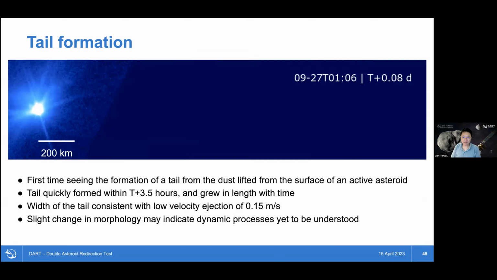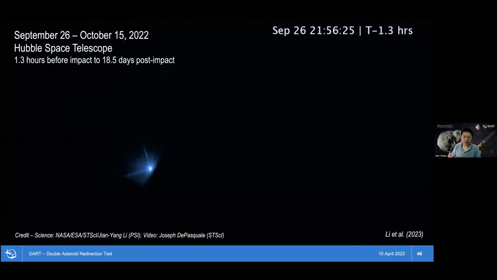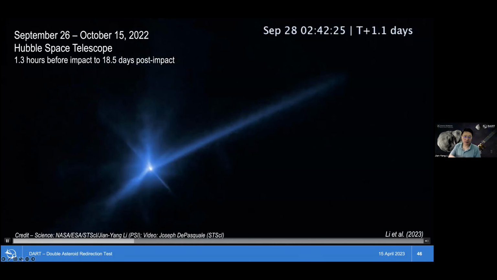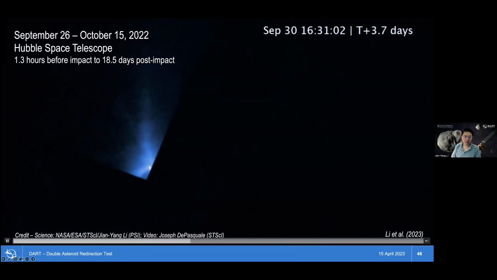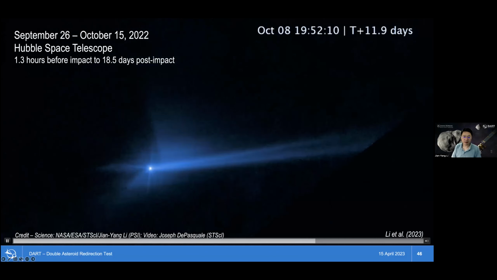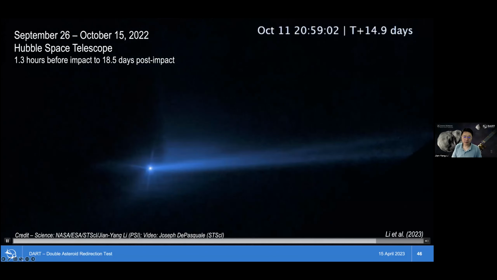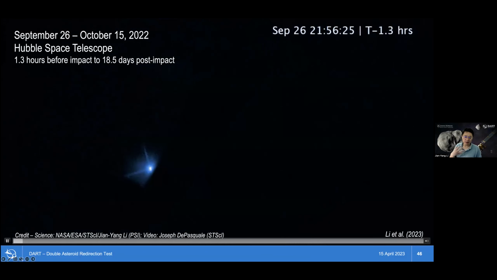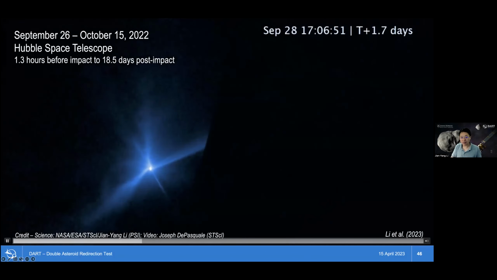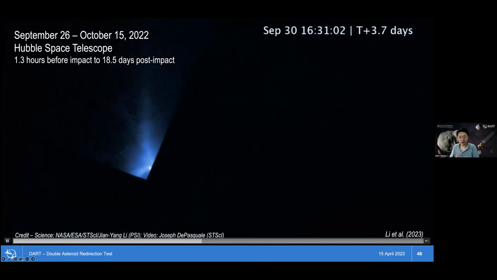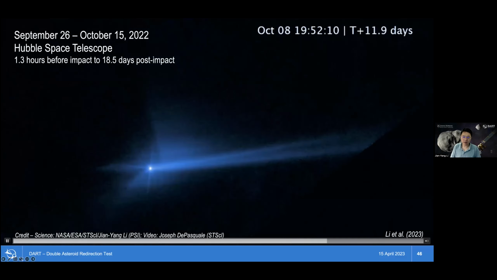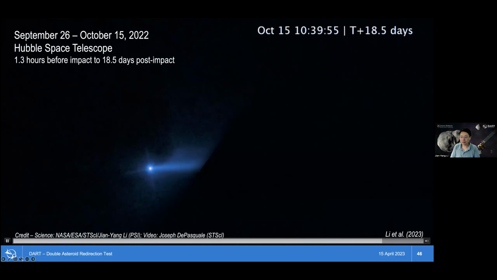I'm going to skip this because I was trying to explain what we see, but we already saw those. I already explained those features. This is a sequence connecting together the whole sequence of Hubble images, as I just described. I'll let it run until the end. From these images, we get an idea of how all these ejecta come out from Dimorphos, how they interact with the binary system, and how they were pushed by solar radiation pressure towards the tail. We learned the whole sequence of the ejecta evolution from these images.